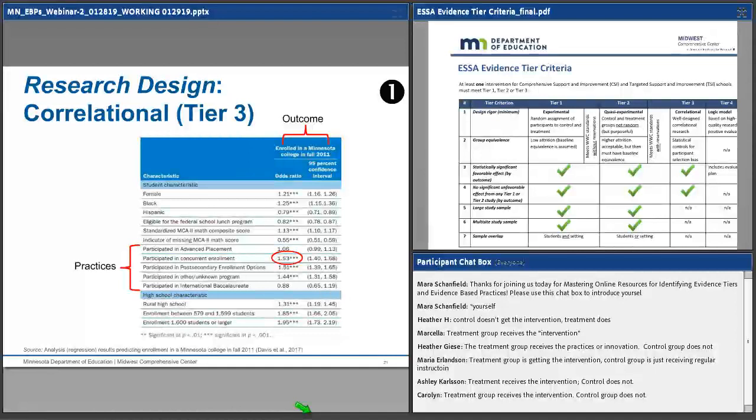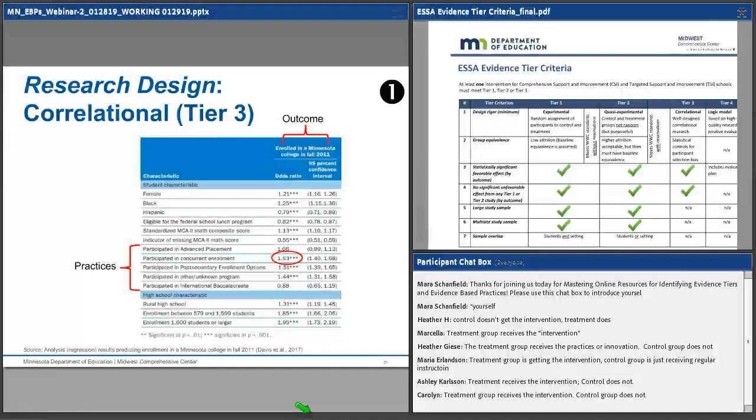This means that there is not a control and treatment group, right? There's no randomization. There's literally no purposeful creation of control and treatment groups. Again, statistical methods are used to control for bias, but you don't use that purposeful assignment of control and treatment